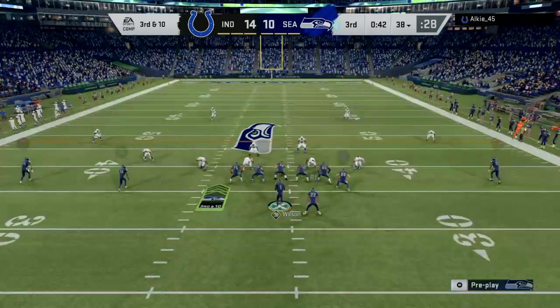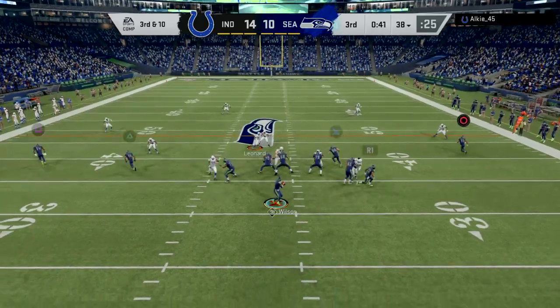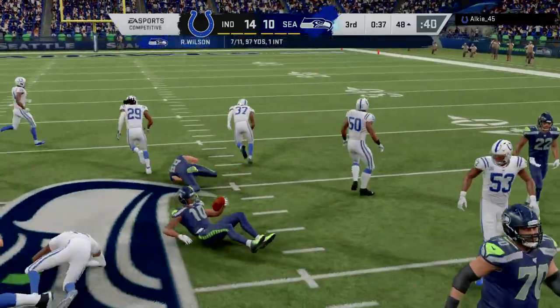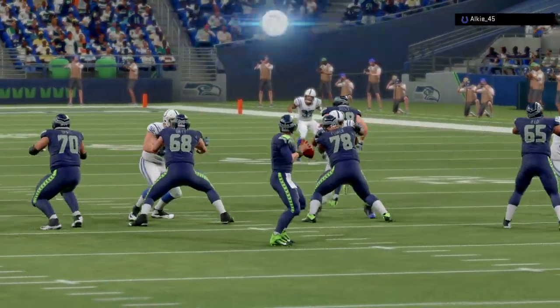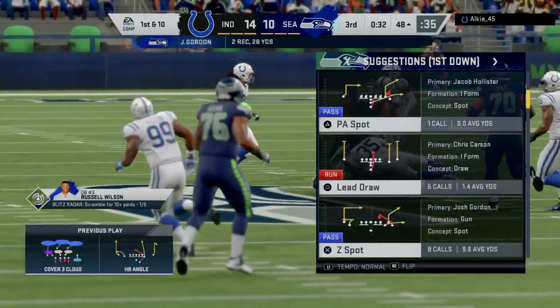Big play coming up. Here's 3rd and 10. I would expect to see some pressure here. The pressure drops off as they'll look to throw. Gets it to Gordon, and he'll be taken down, but not before he gets into enemy territory. That one good for 14 and a Seahawk first.